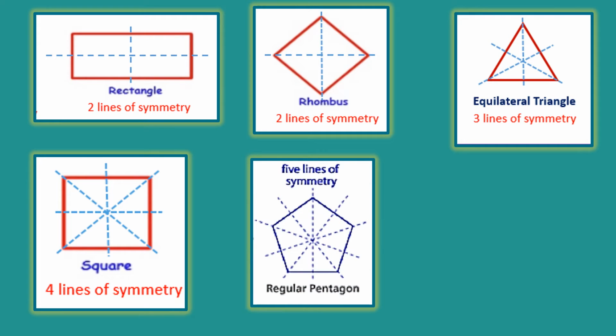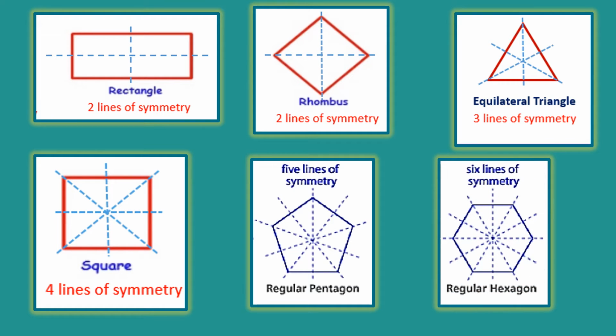A regular pentagon has five lines of symmetry. A regular hexagon has 6 lines of symmetry. We studied all of them before in grade 4 and 5, right? Okay, now